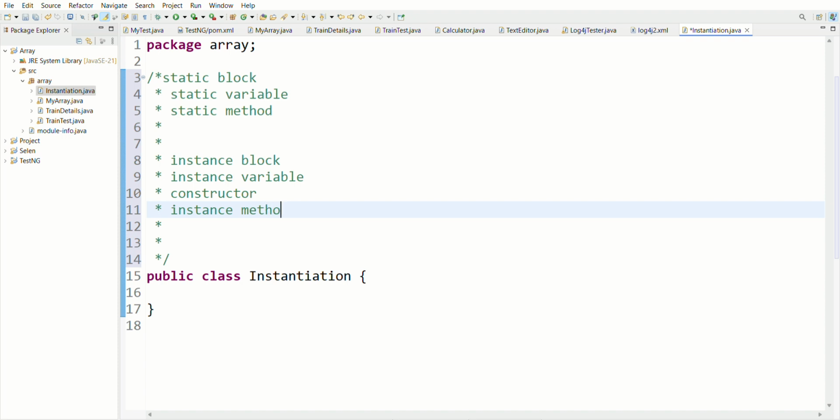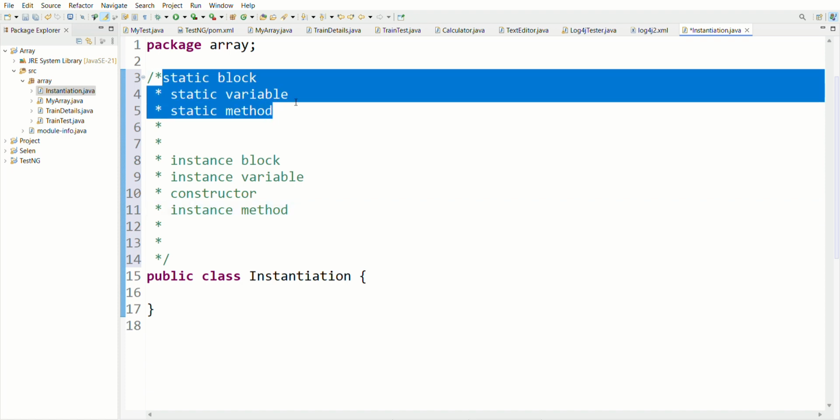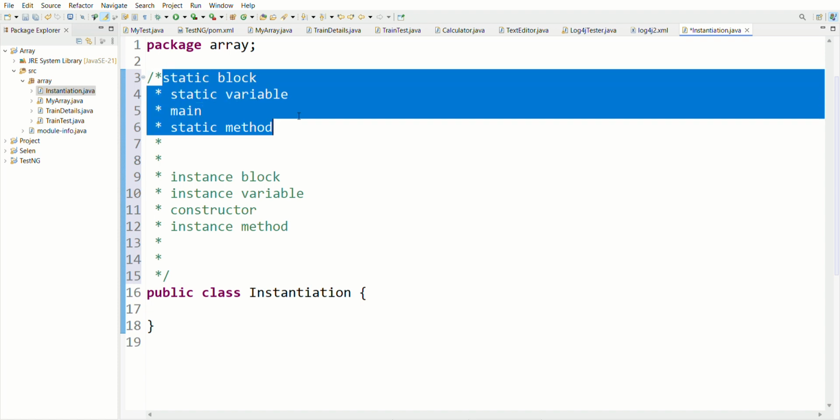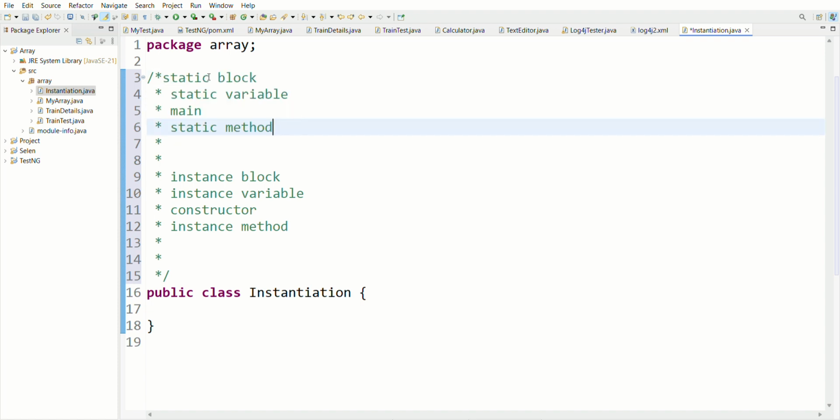These four things come under the instance area, and those three things come under the static area. And the main method can also be in the static area, because we are writing public static void main.